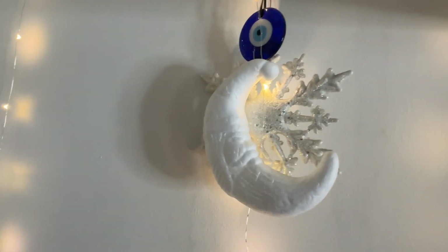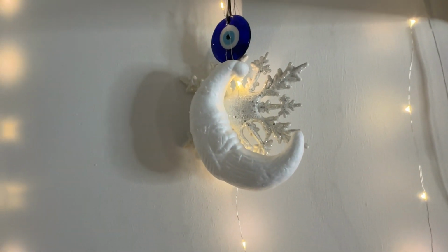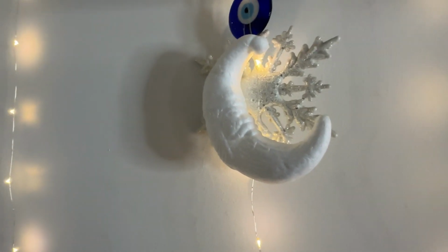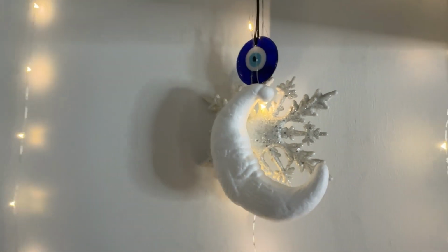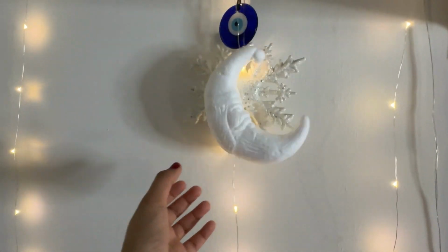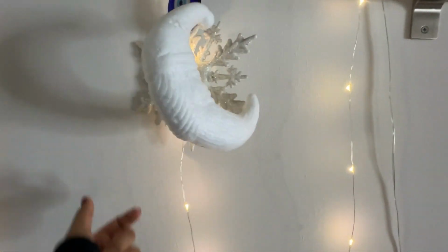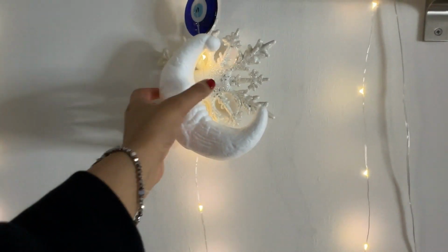Again, super random. Like, my family, we just gift each other random things at random times for no reason at all, and I do that with my friends also. Like, I just randomly would gift people things for no rhyme or reason. Then this random moon, I don't know, I just found it cute and I bought it and I just displayed it here. And this